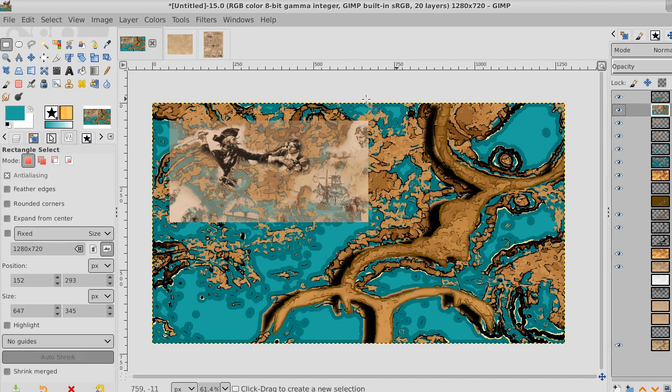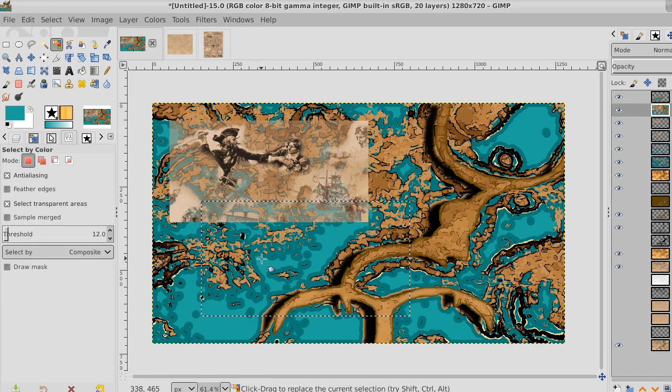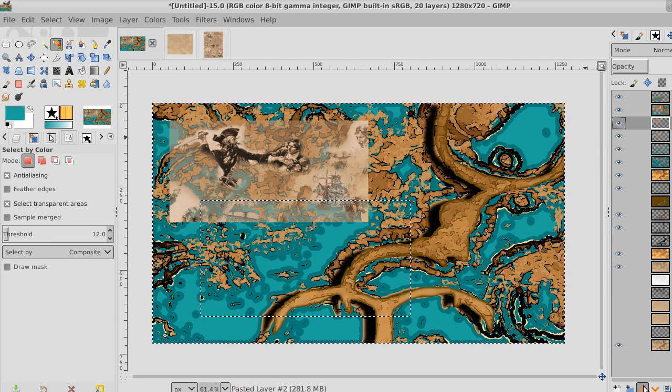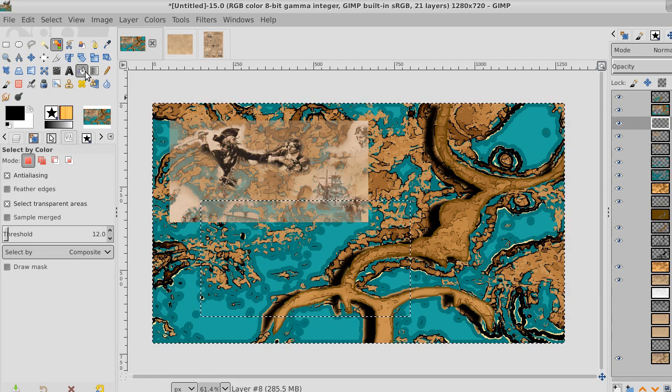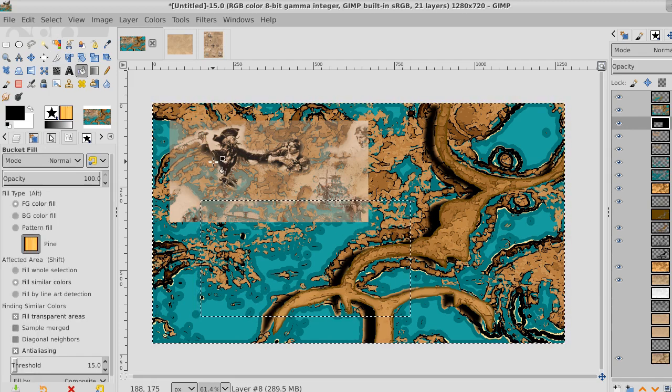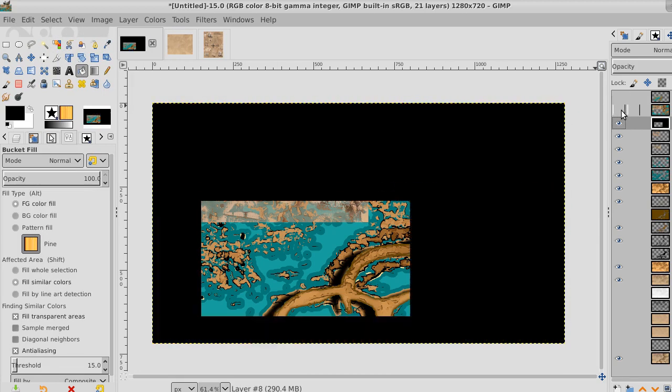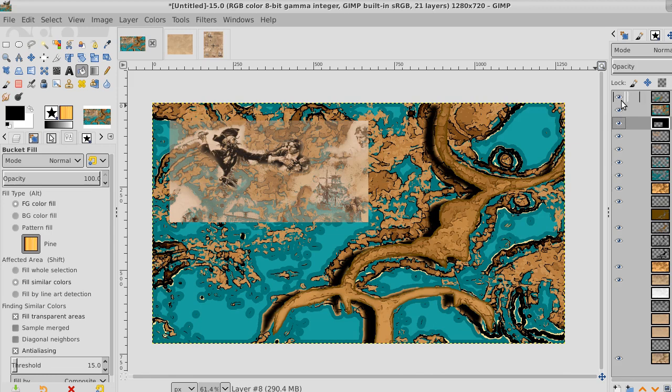Now what I can do is go down here, select that layer, invert it, make a black layer, and we're going to make a, okay, there's all that black layer. Select none, and if you see, here it is under here. There it is right there. We're going to take this layer right here, duplicate it again,